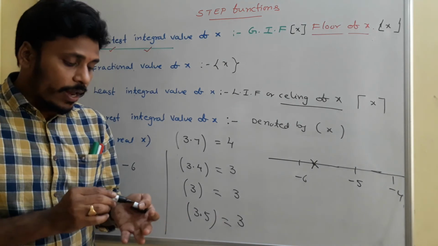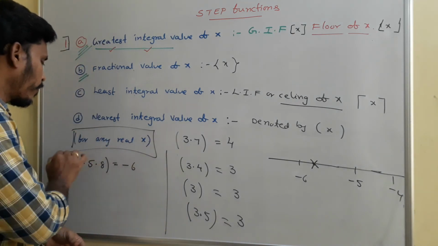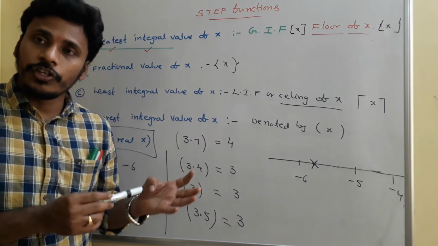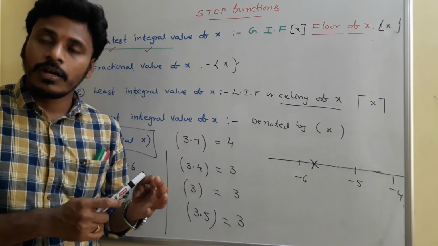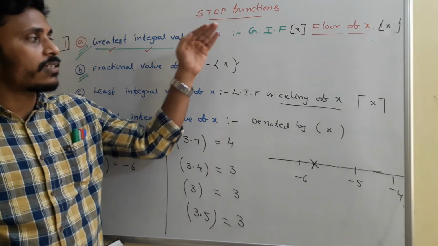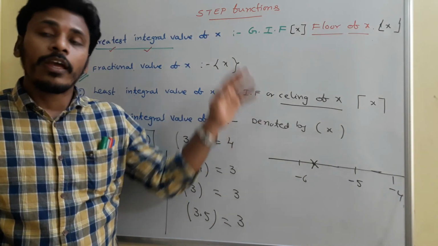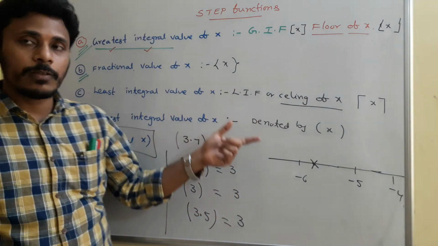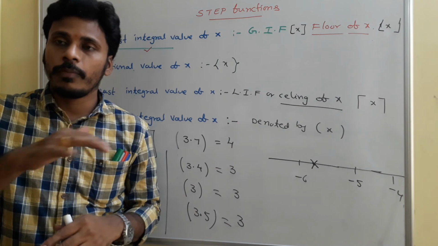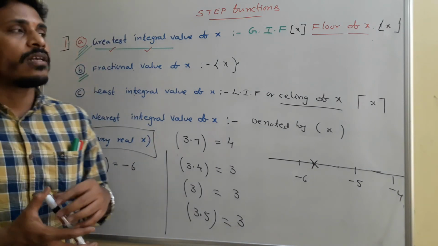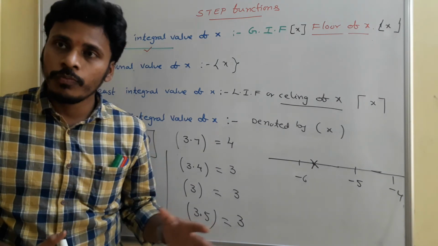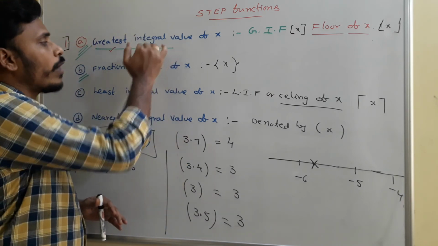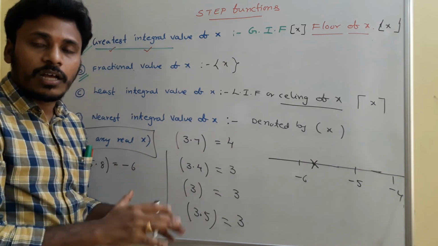At the end, for a real number x, there are many possibilities to identify the integers: the nearest integer, or the floor of x, or the ceiling of x, which means the greatest integral value or the least integral value. If you try to sketch the graphs of all these functions, the graph looks like steps, and that's why we call all these together step functions. And as I mentioned, among all these things, you need to pay much attention to the greatest integer value as well as the fractional value.